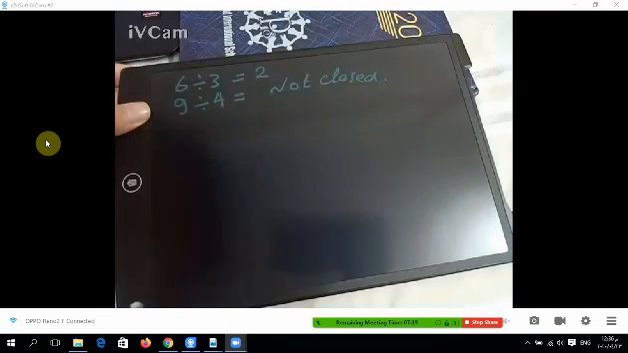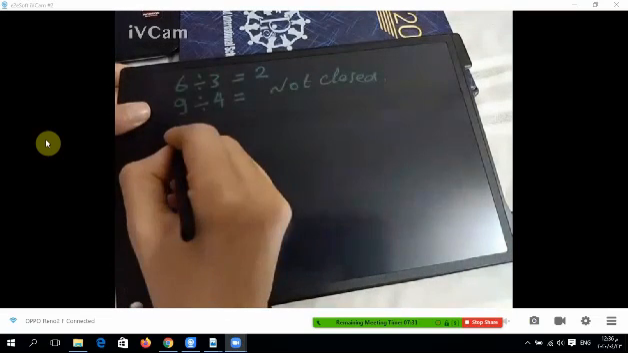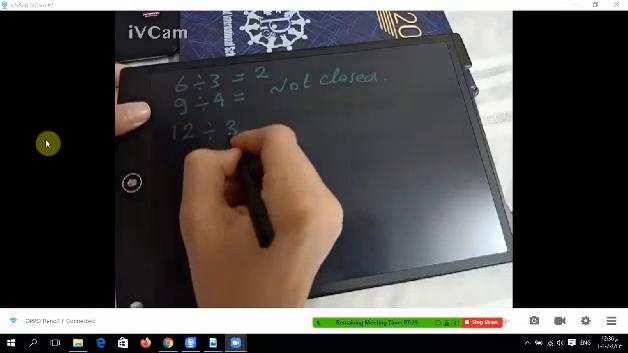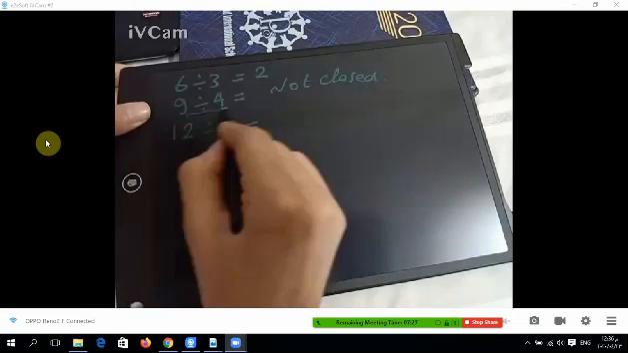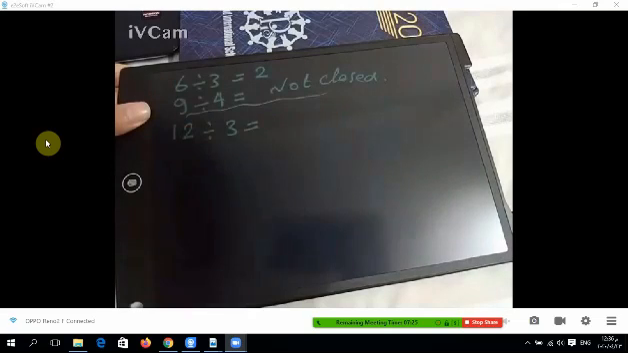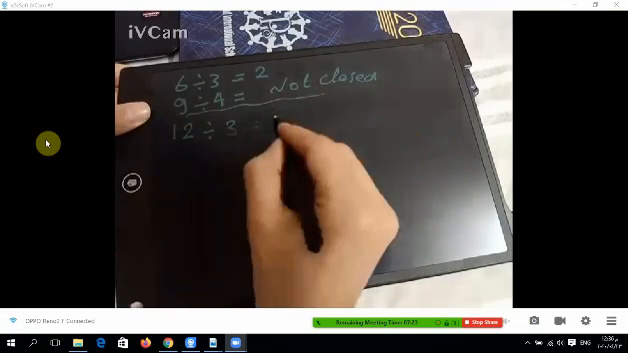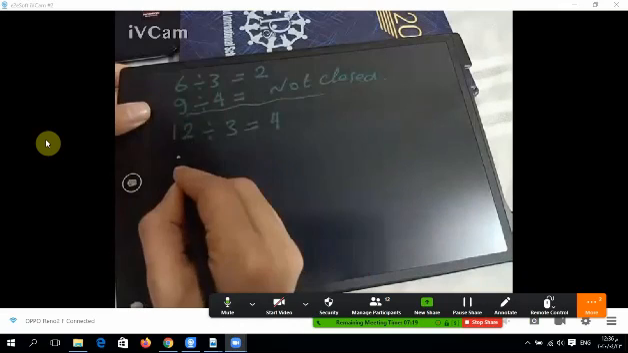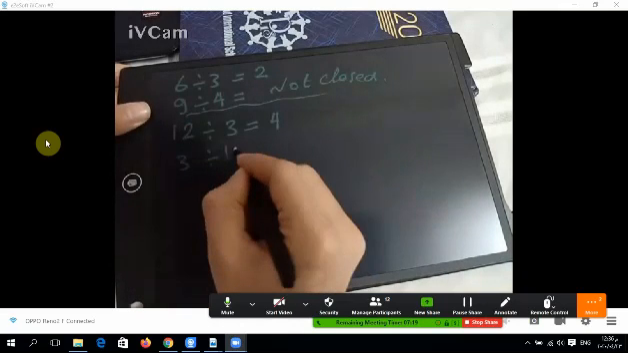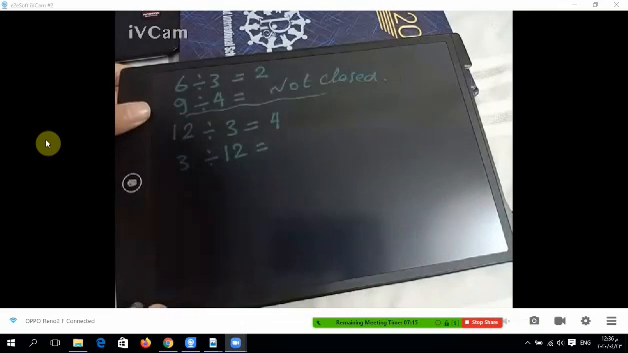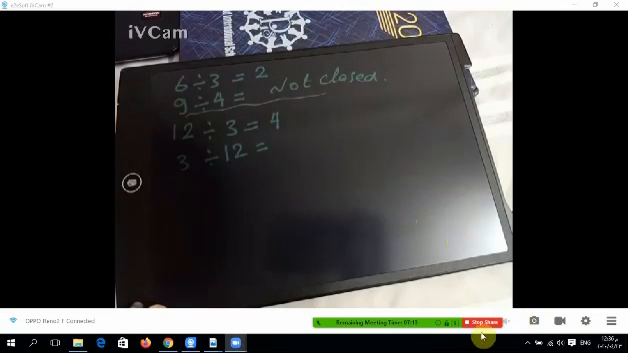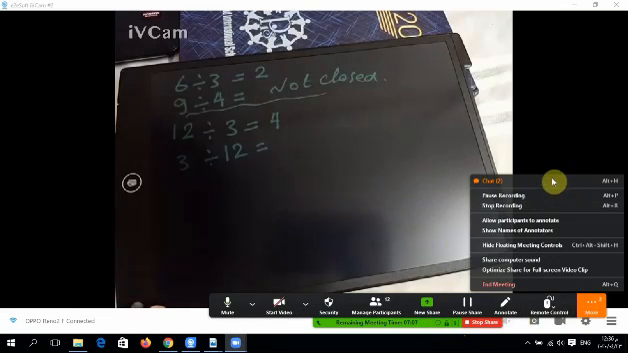Okay. Let's see the commutative property. If we say 12 divided by 3, it equals what, guys? 4. What about if I change the numbers, like 3 divided by 12? It will not be a natural number. Yes, it will be a fraction, like 1 over 4. So it does not belong to N. That means the commutative property